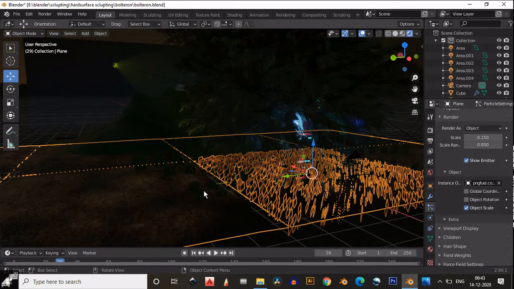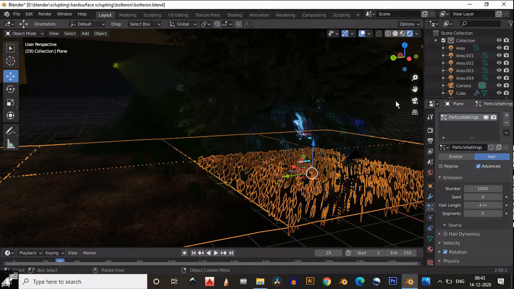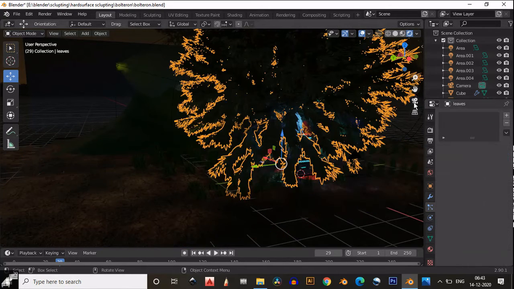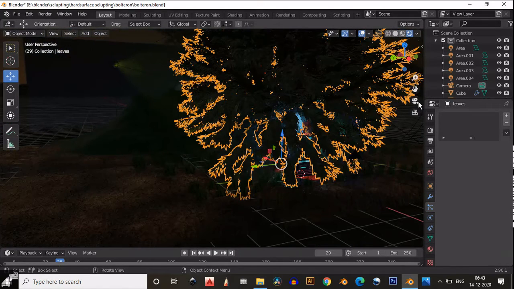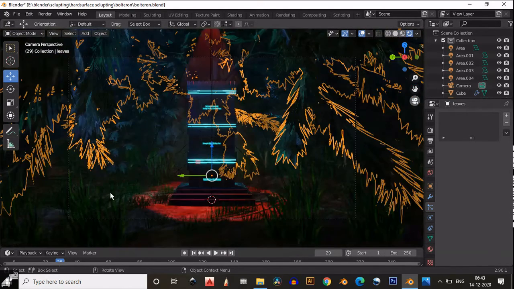So I have selected this PNG image of the grass. So you can see this is a grass, and I have used this grass as a particle for this ground also. So simple thing. So that's why I'm getting the grass right here. You can see. So this is a small grass which I have created with the particle settings.